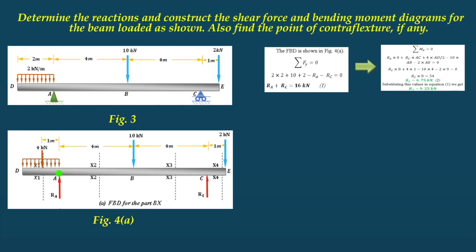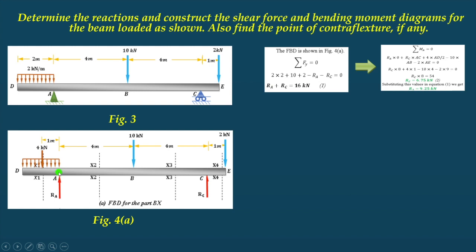Point should be noted. It is not necessarily only about A point. It may be B, C, whatever is the point. Always the summation of moments must be 0 to maintain the condition of static equilibrium. So, what forces are there on the beam? This 4 kilonewton distributed, this Ra, this 10 kilonewton, 2 kilonewton, and this Rc.